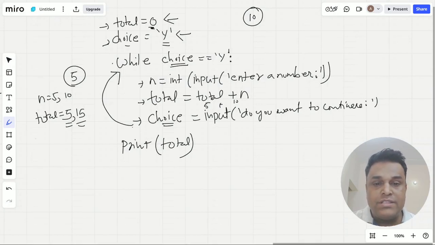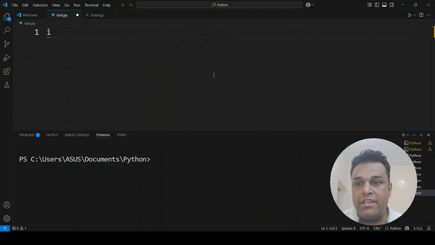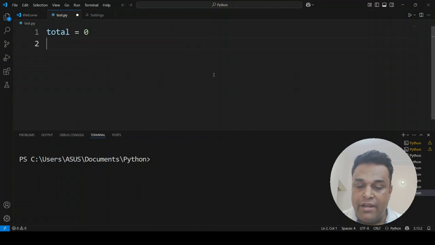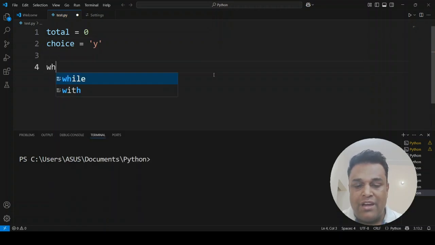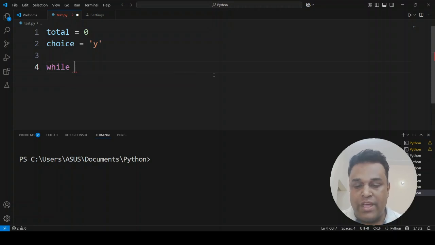So what we are going to do is just switch to VS Code and type the program. I just require total is equal to 0 and choice is equal to y, right? Now, I'm not going to get into the details of what happens if the user gives capital Y. Simply, if it gives a small y, the loop will continue. So I will say while choice is equal to